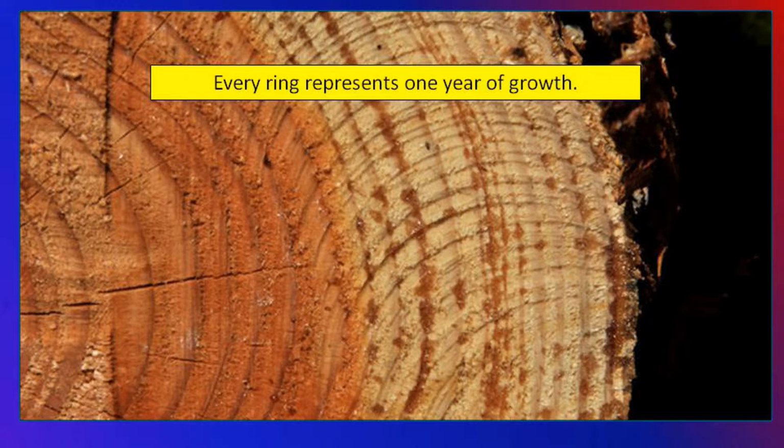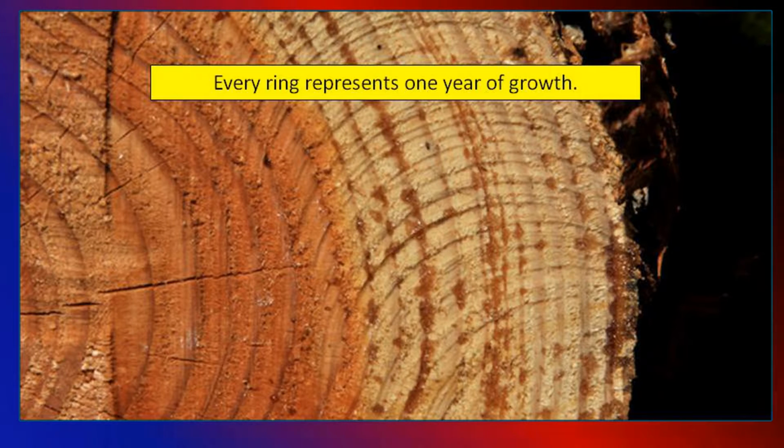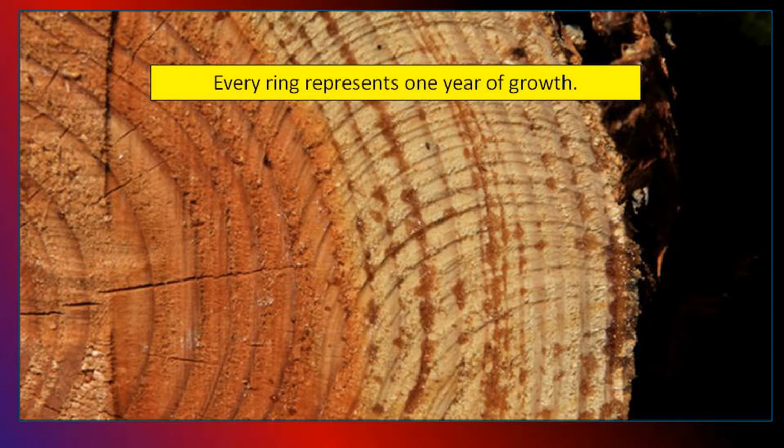Now, trees grow different amounts based on a number of factors. You have to know a great deal about the trees to be able to attribute the width of each of these rings to what was going on. For example, some trees are very keen on the temperature. How much they grow depends on the temperature of the area. A narrow ring means that the temperature was outside the range in which the trees grow. Maybe it was too hot, and a thicker ring means that it was more in the temperature range that the tree thrives. Maybe it's more about the precipitation.